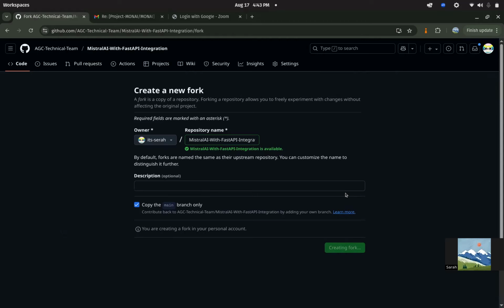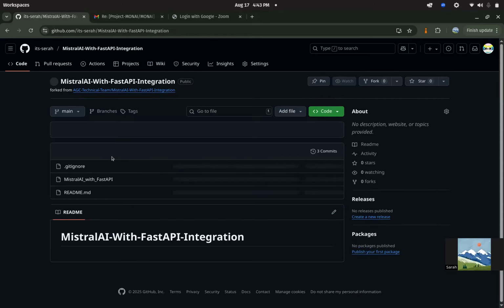Forking basically means taking a copy of someone else's GitHub repository into our own GitHub account. So if you've noticed, the owner of this GitHub repository was Rena, and now I'm the owner. This is my GitHub username. All right, it's basically saying, hey, I want my own version of this project and I'll make changes there. And once we fork it, we'll have our own version and then we can update it, improve it